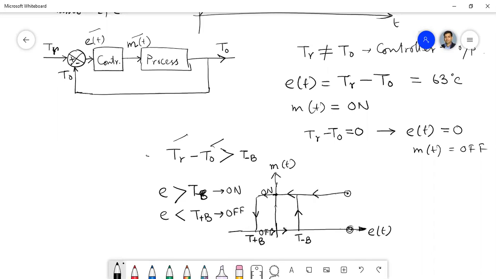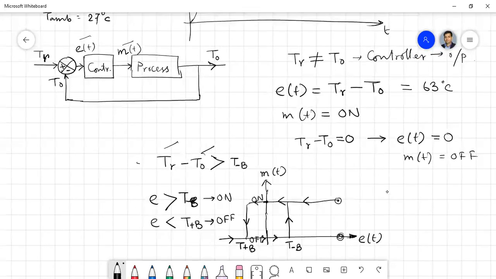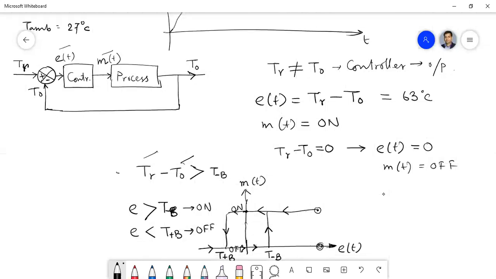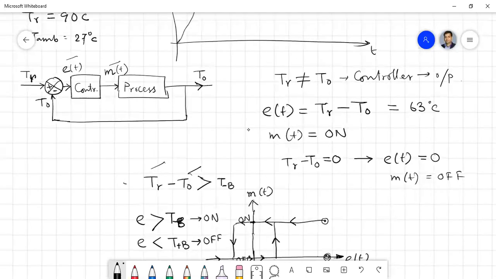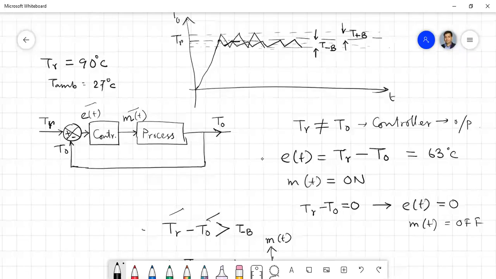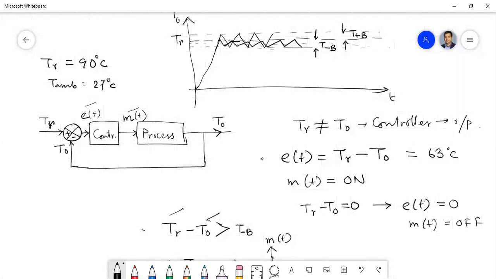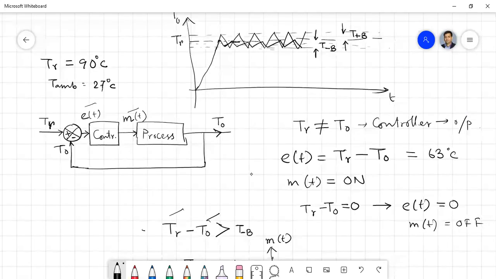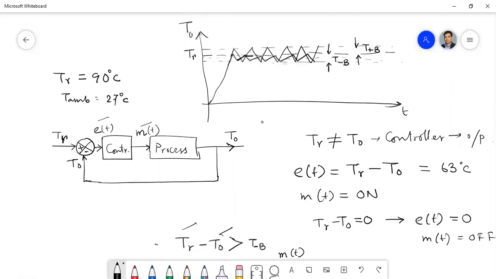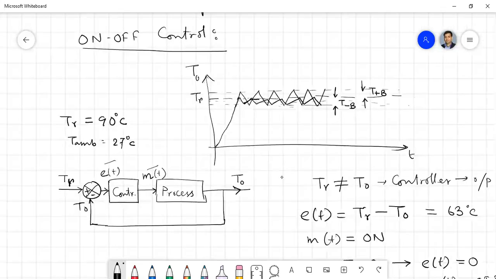Have you understood this input output graph? Yes, sir. So this is the very basics of on-off control, but this type of on-off control is not there in your control system syllabus because this is basically a non-linear control and your subject is linear control,